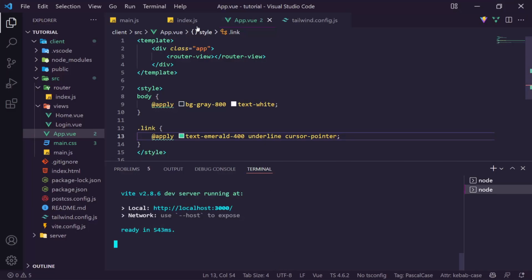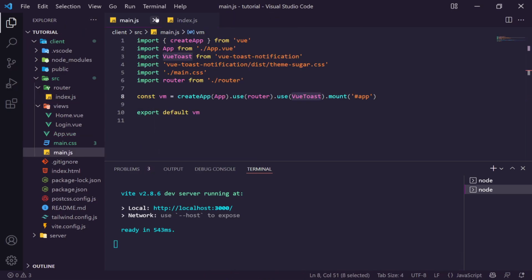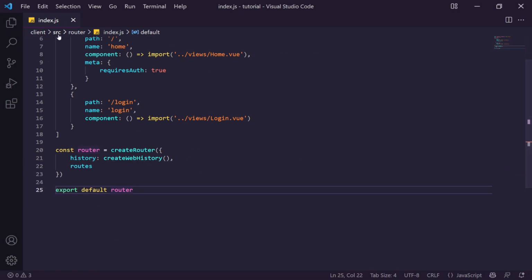The issue is we don't want to be able to go to home because we're not currently logged in. So how do we stop that? Well, I'm going to show you. We're going to go back to our router. We're going to close this app and our Tailwind config, also our main.js. I'm going to close the side panel, and back inside of our index.js in our router folder,